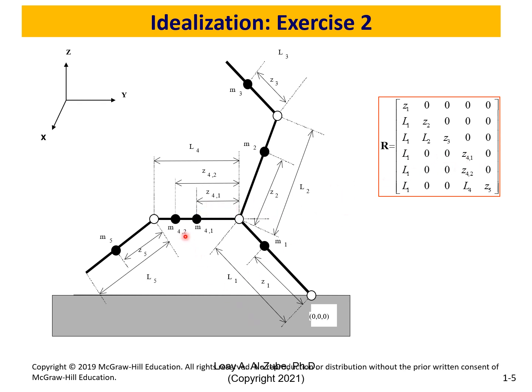Same thing for the second mass. L1. Do I have any of the other two? No. 0, 0. And I'm going Z42. That's the distance. And then if I want to go to M5, I have L1. Do I have L2, L3? No. I have all L4 and then Z5. Remember, all of these are lengths. And this way, if I